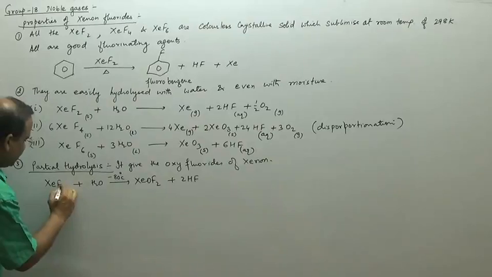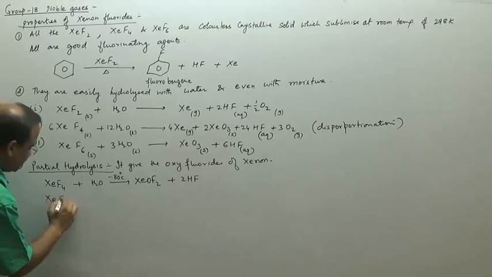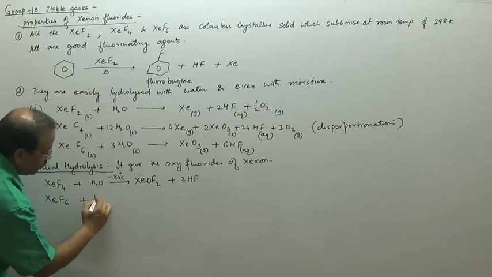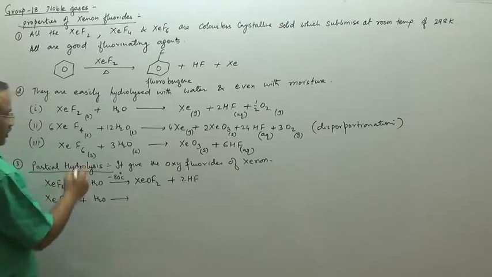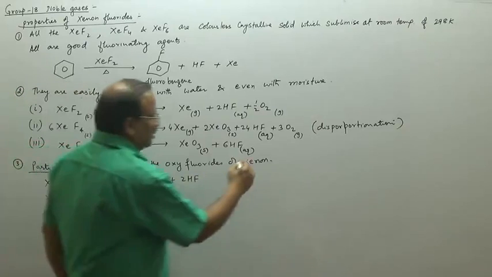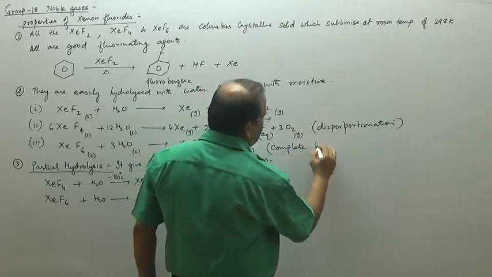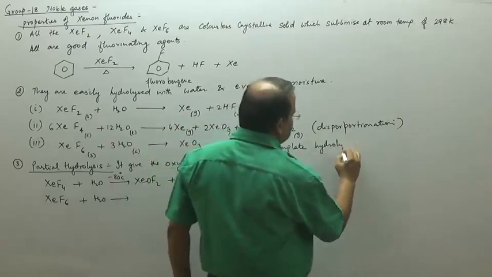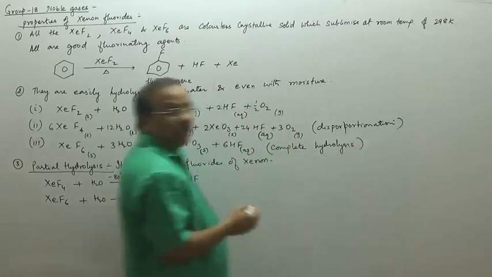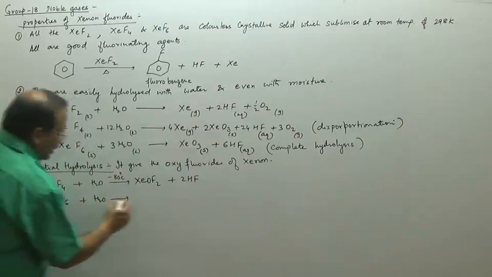So for HCF6, when we add one water molecule, this is complete hydrolysis what I have written here. If it is partial hydrolysis, I am going to write like this,